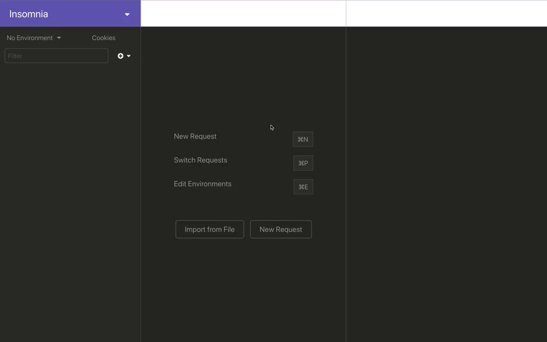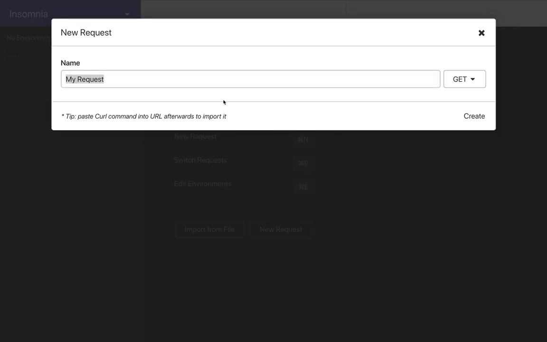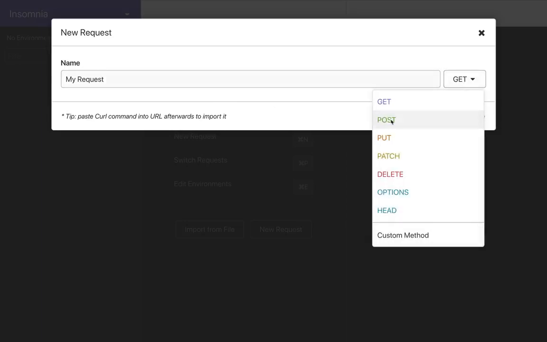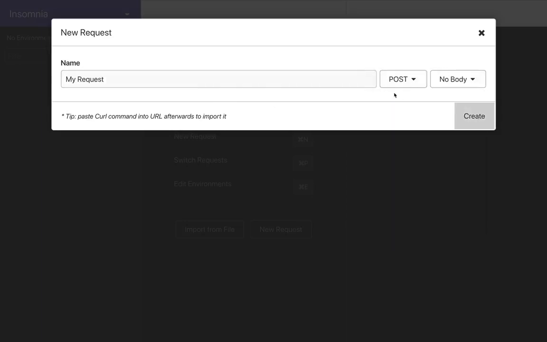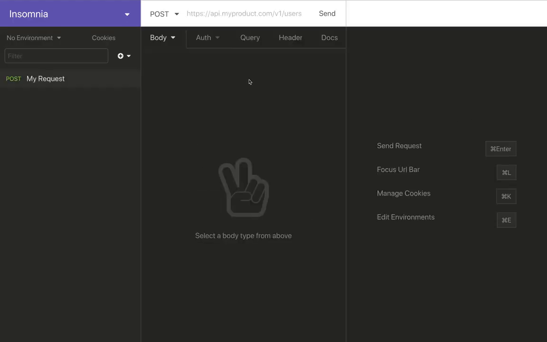They both do pretty much the same thing. So once you get into Insomnia, or you could use Postman, we'll create a new post request using JSON. So I'll do a post request, and all this stuff can be changed on the next screen here. So we have this post request, and we'll go to the URL